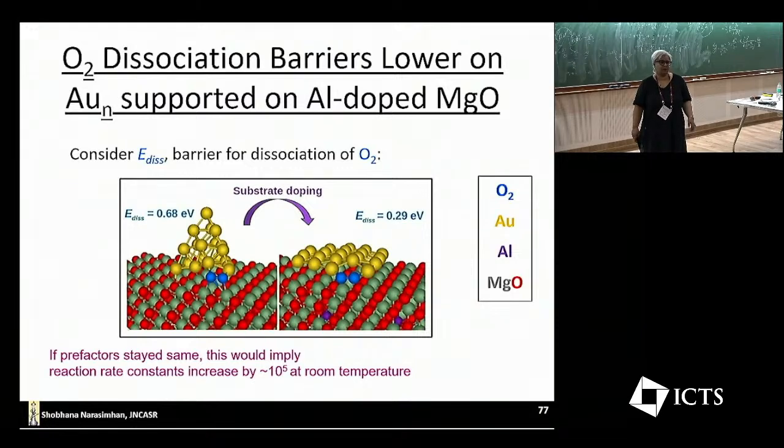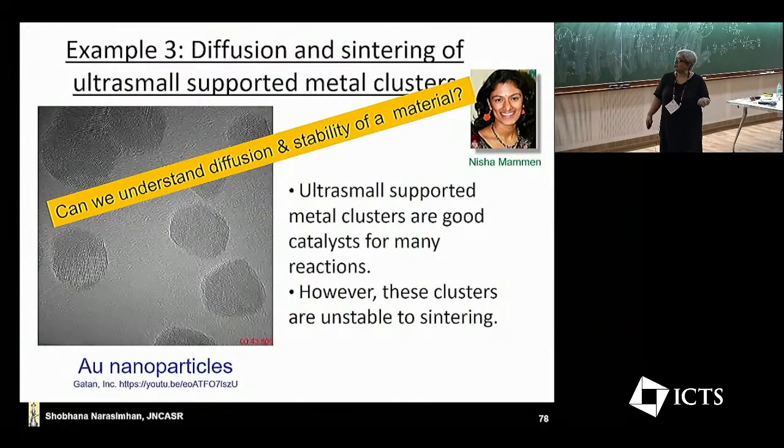Now, the part that I'm not so happy about is that since then, people have been trying to do this experiment, and so far they haven't succeeded. We don't think it's because our calculation is wrong. We think it's because they're not able to make perfect materials. They have defects which trap electrons, etc. Okay, so now